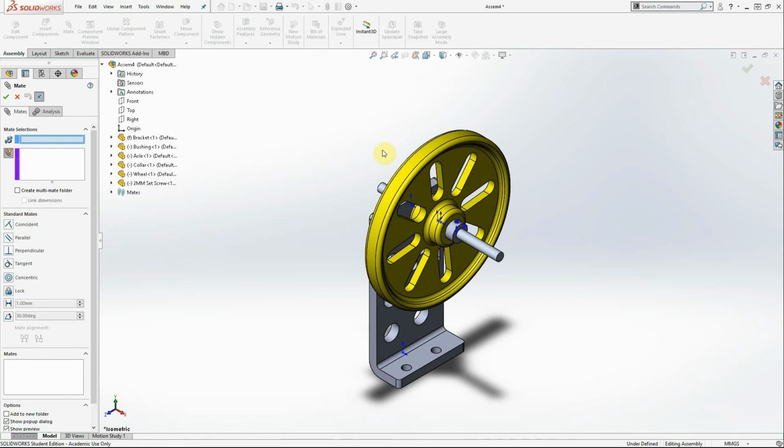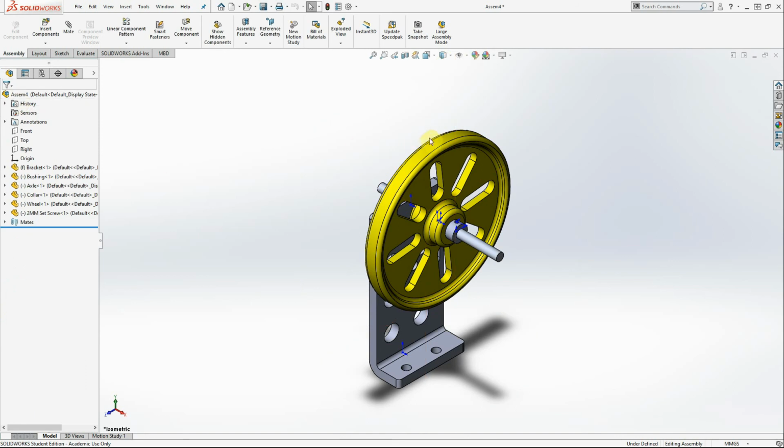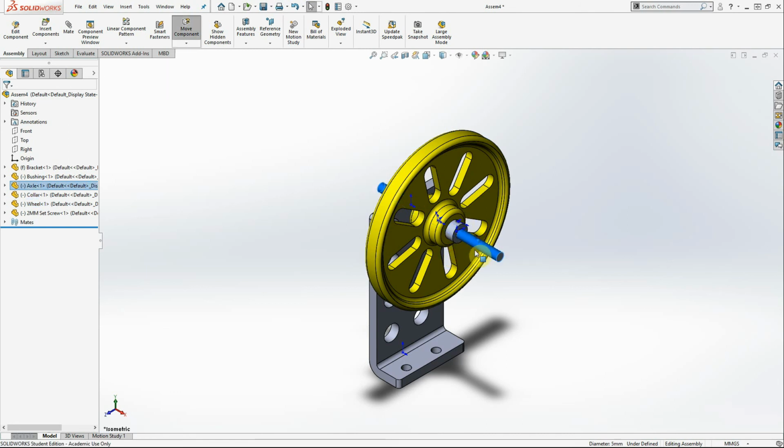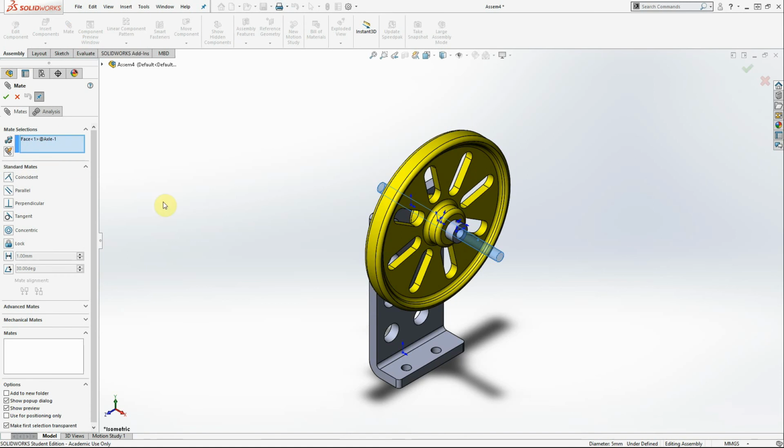Because what we want to do is be able to rotate the wheel, and the collar and the set screw and the axle all move together with it. Right now they're moving independently. They're not moving together. So I want to put in a Multimate. I want to get these three locked together. To do that, we click the little Multimate icon right there,